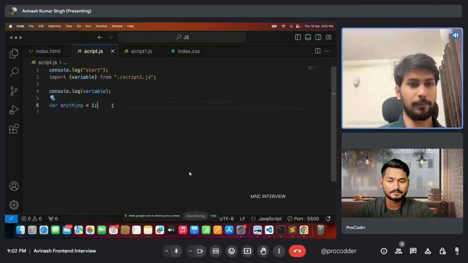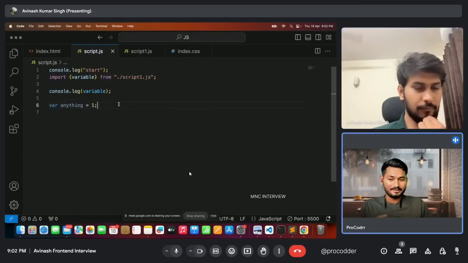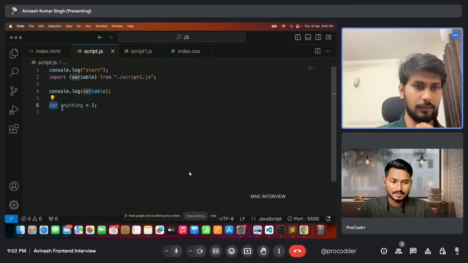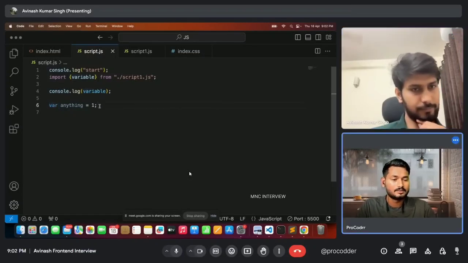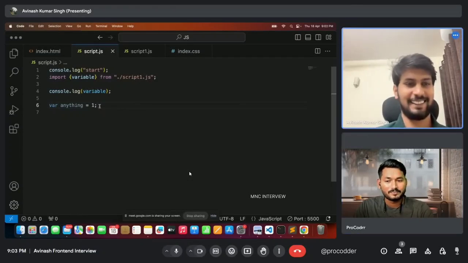So it will be popped from the call stack or erased from the memory as soon as it is created? No. If we create a global variable, yes, it stays always, right? We can access it from the console anytime. I don't know the answer to this. Okay.